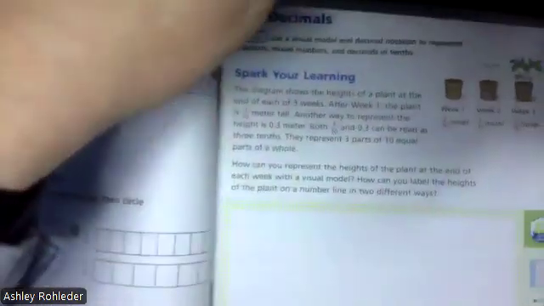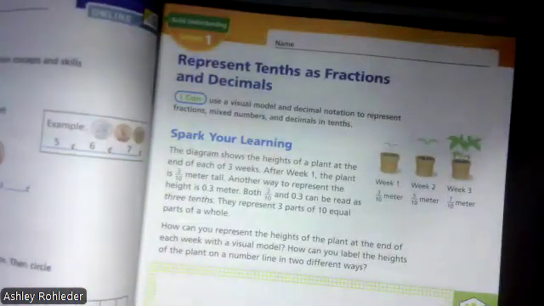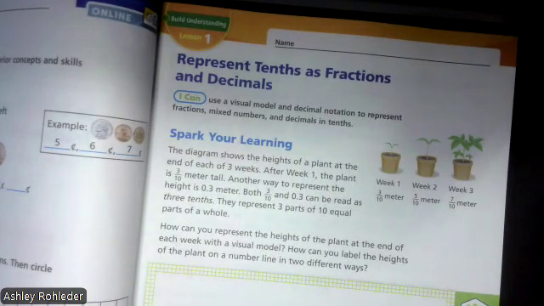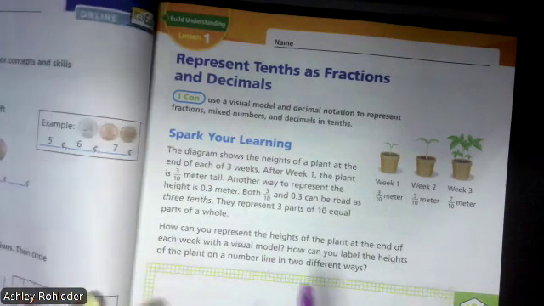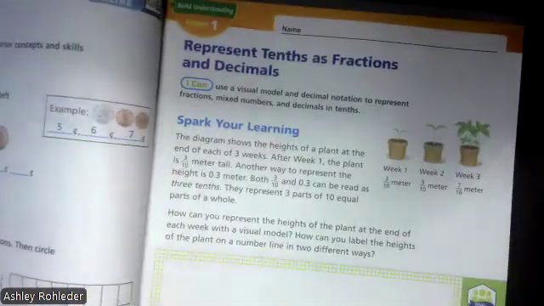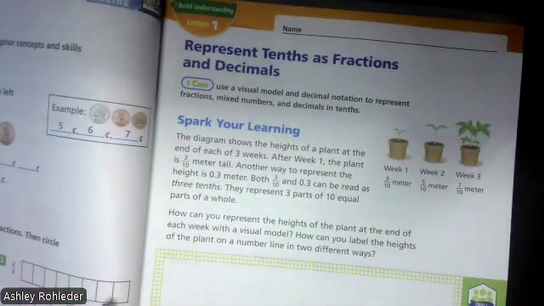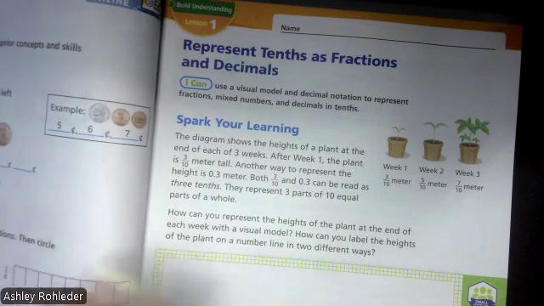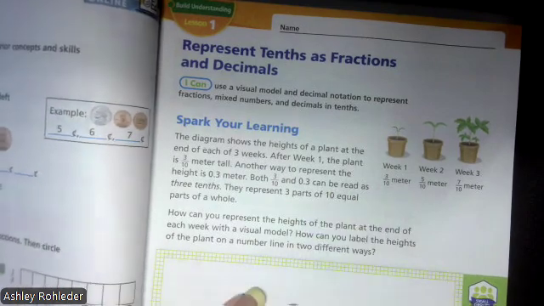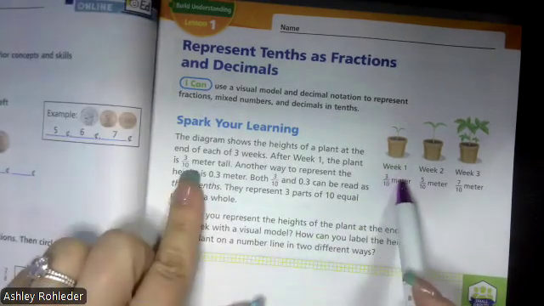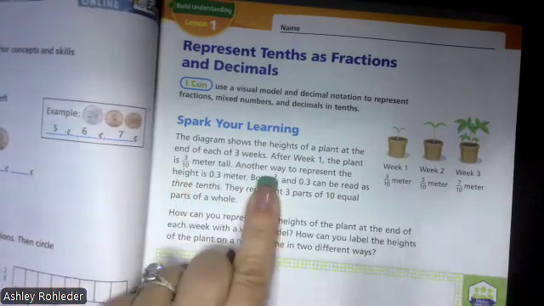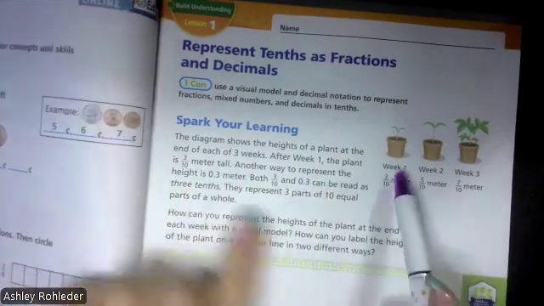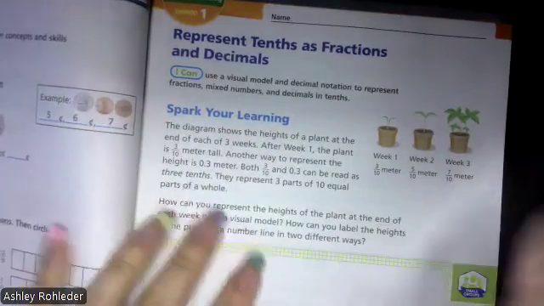Okay, page 299 in your workbook. We're going to be working with decimals now. So the diagram shows the heights of a plant at the end of 3 weeks. After week 1, the plant is 3/10 of a meter tall. Another way to represent 3/10 is